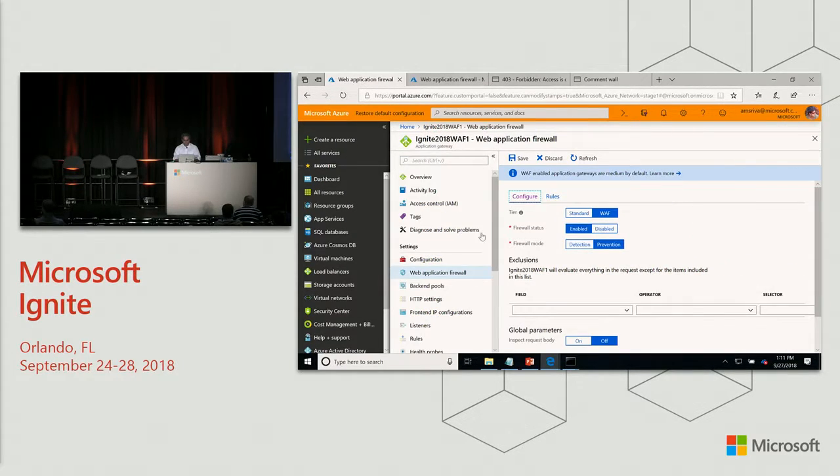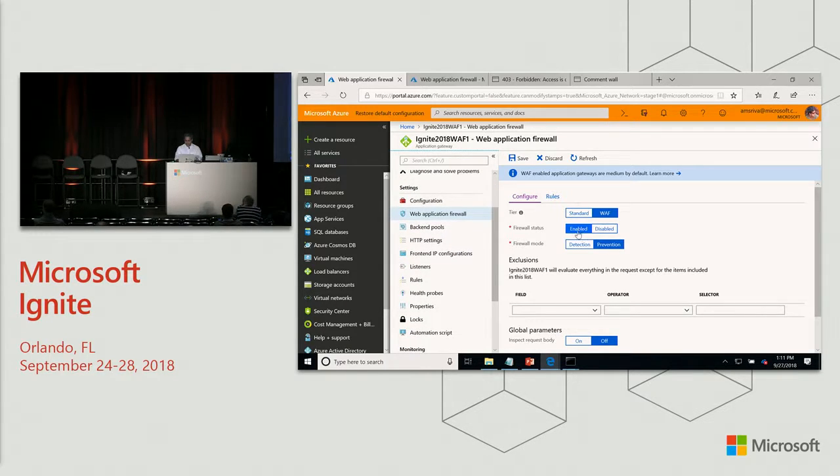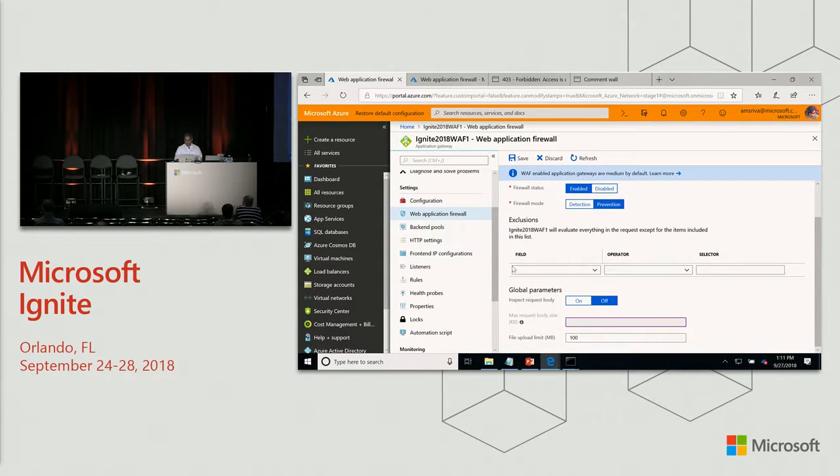So what I've done is, I have a very simple application which is running behind two different web application firewalls. This is the first firewall, which is running with the firewall enabled, and it is running in prevention mode, and it has no exclusion parameter, right? And it is going to a backend pool,